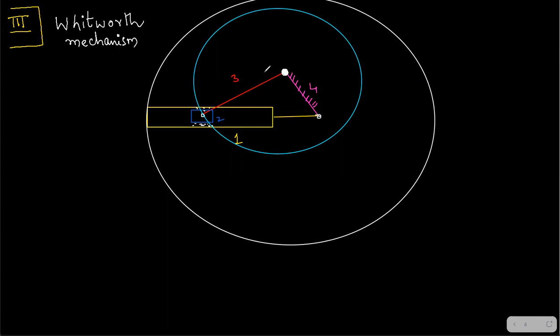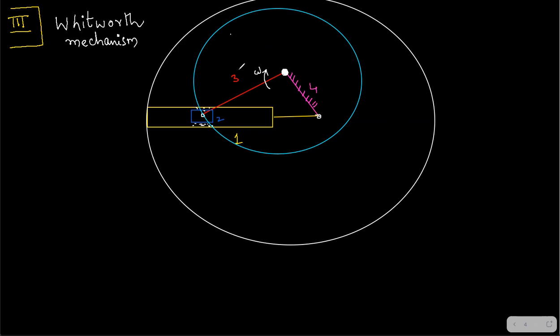It is rotating at constant angular velocity in the clockwise direction. Okay, it means with omega, it's going to rotate. Let me write omega on the other side. With omega, this red link number 3 is going to rotate. Fine. So now this is one of the extreme positions of the cylinder, right?